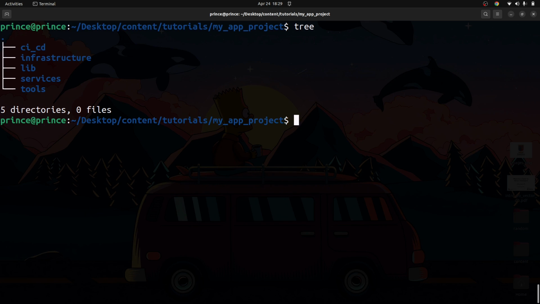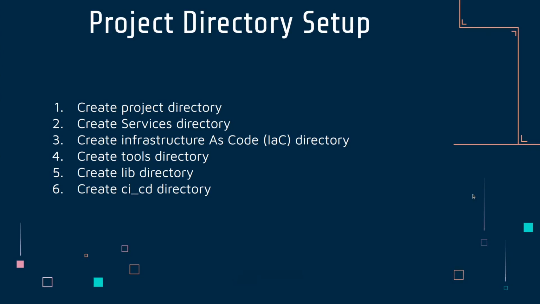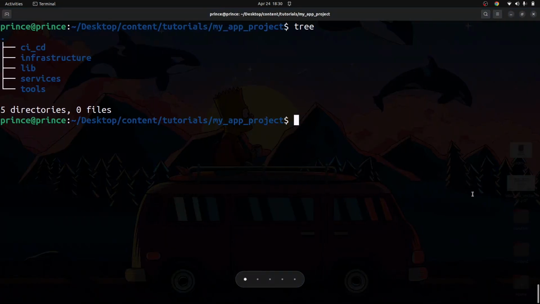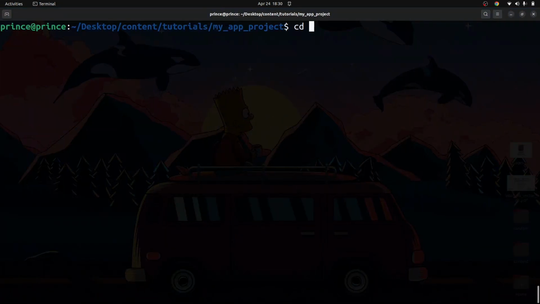Good. So once we have all that set up, let's see what's next on the list. We have created all this. Now we're going to create our first service. So what's our first service? Our first service is basically the API in this case. So I'm going to change directory into my services, and once I'm in there, I'm also going to create a folder. So I'm going to call it mkdir, I'm going to call it